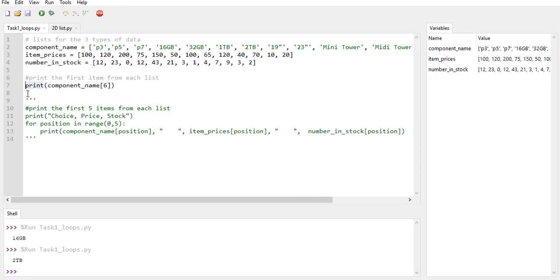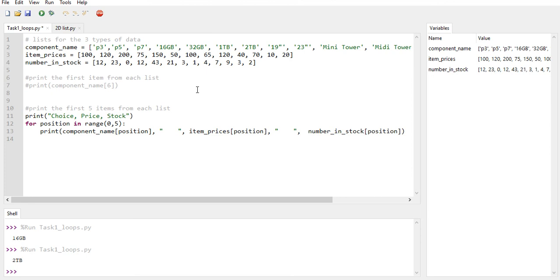Now if I just comment that one out, and we'll have a look at this further example here. By the way, these aren't to actually solve the task, just to demonstrate how we can use lists in Python. So slightly more complex now. What I've got is a list that should print me out a few items from each of the lists. So I've got a little title line there, prints choice, price and stock. Then I'm using a for loop, and it's going in the range from 0 and stopping before it gets to index 5. So it should go 0, 1, 2, 3, 4 and then stop before it gets to 1 terabyte